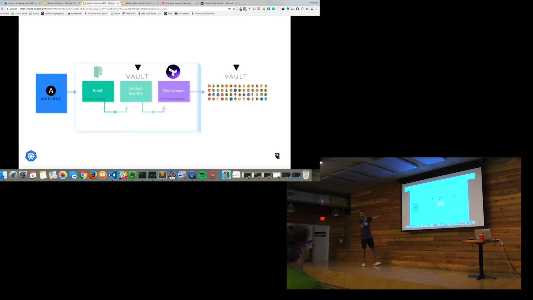I'll go through the important pieces, and we'll eventually blog about this. I won't go through every detail, don't worry about it. It's going to be named Kubernetes the Really Hard Way, and we'll post this for sure. There's going to be a series of blog posts. You can count my word on it.